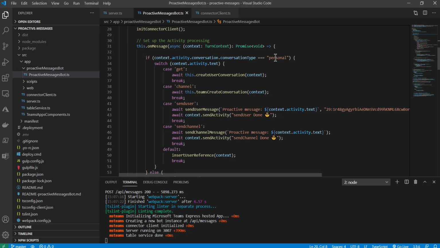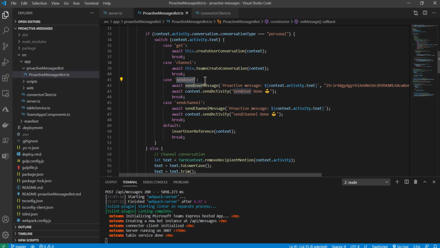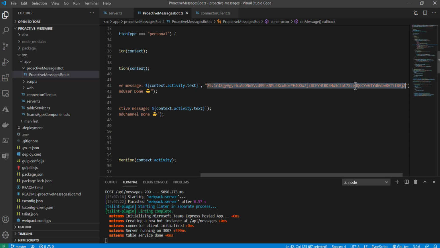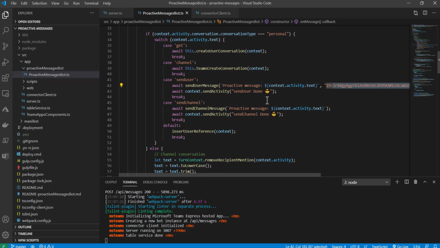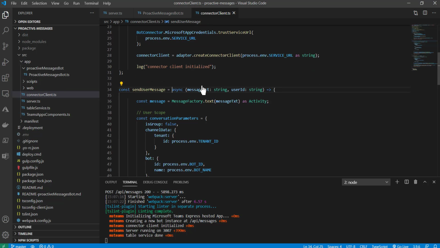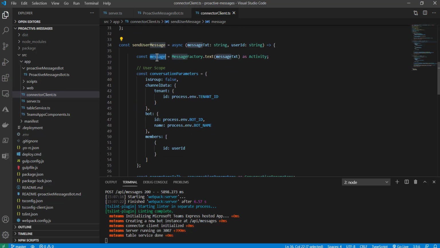So in a one-on-one context conversation, if a user sends this text, send user to the bot, this method will be called, which as I have configured requires the message and the ID from a user, which I will show you in another demo how you can configure to retrieve to be used later. And basically what this method will do, it will initiate a new message based on the content which was sent to the method,